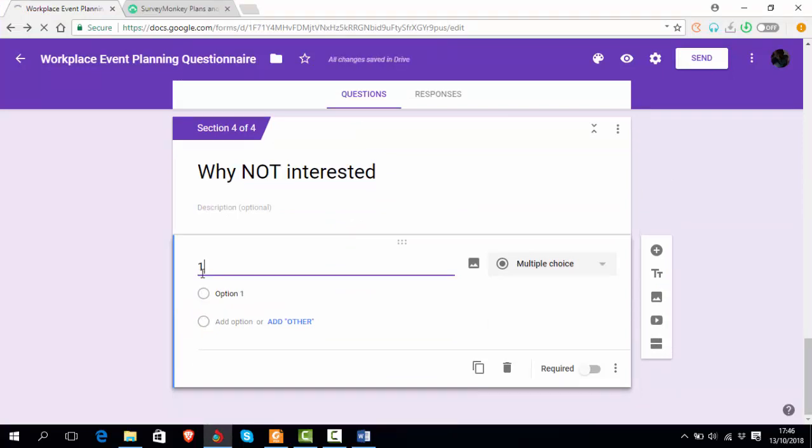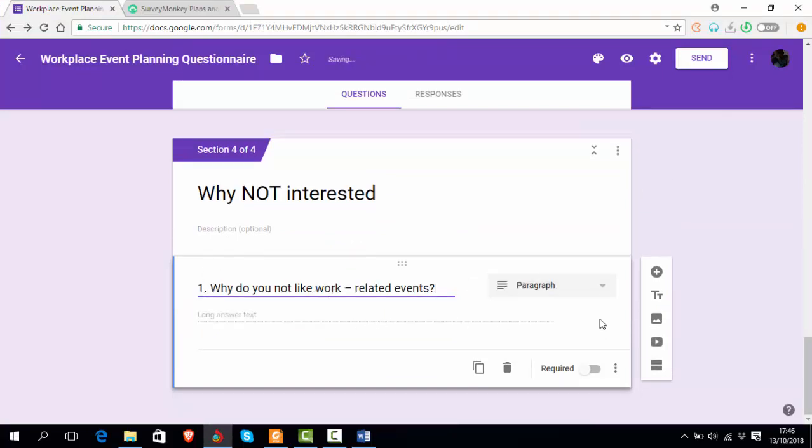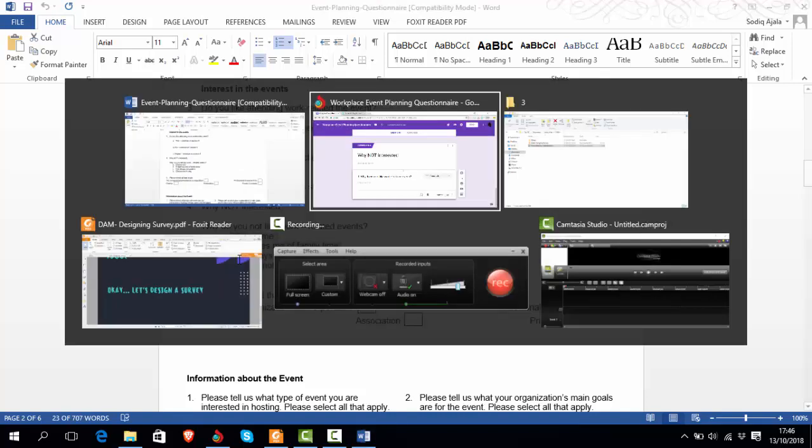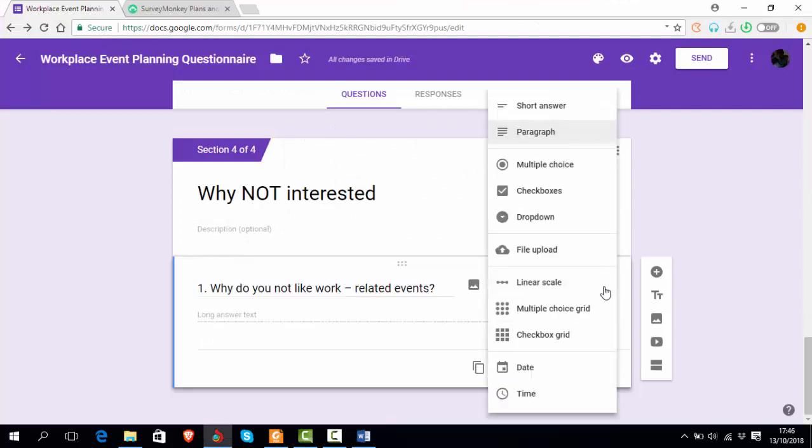So I come back here, say number 1. Control V. Why do you not like work-related events? So it automatically loads it as a paragraph, for somebody to actually explain the long form reason why the person does not like work-related events. But because I have actually created a kind of option for it, I'll just come over to this place, copy the options, come back to this place. Then I'll change this to